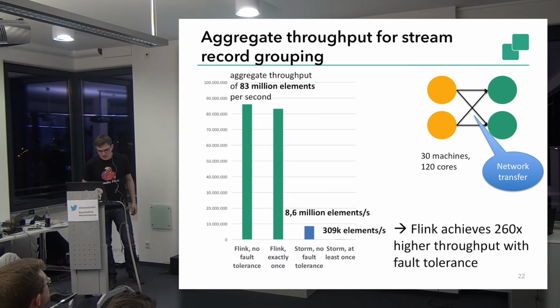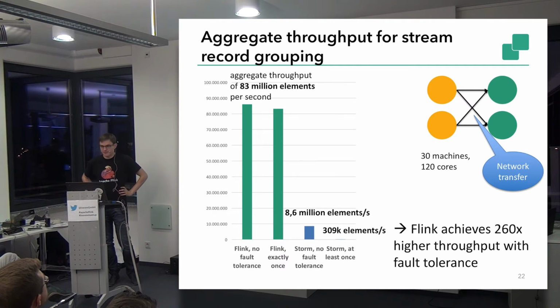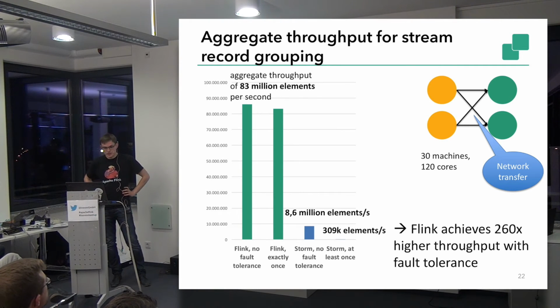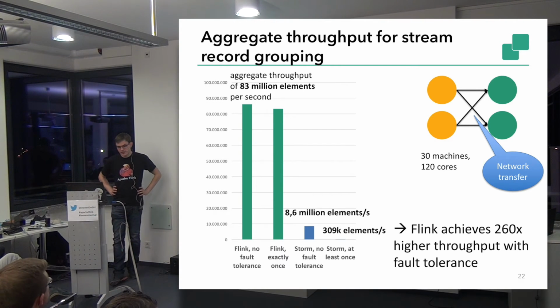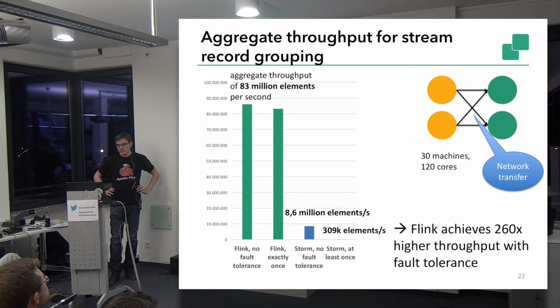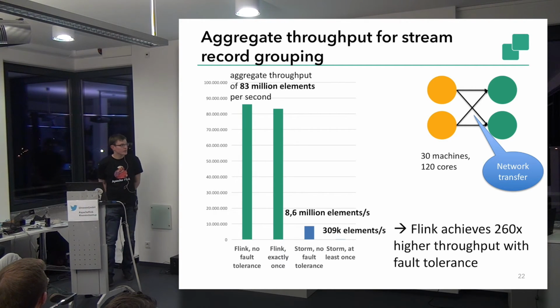This is a more involved benchmark because now we also have network transfer. What we now do is we regroup the elements after the data generation. So in the yellow circuits we generate some benchmarking data, basically very small records. And then we send them over the network to the consuming machines, which measure the latency and the throughput. Since we are regrouping the data over the network, there need to be network connections between all the machines, which leads to network transfer.